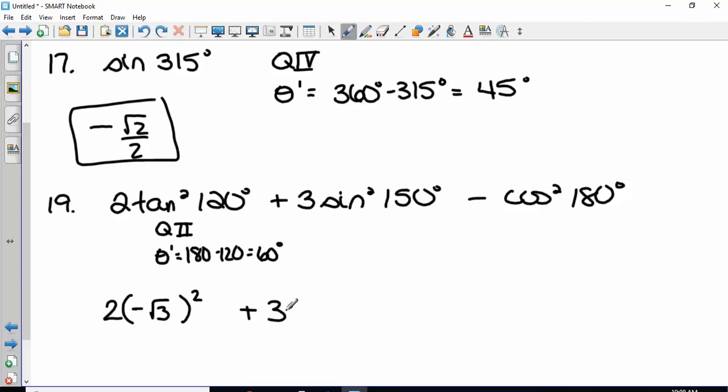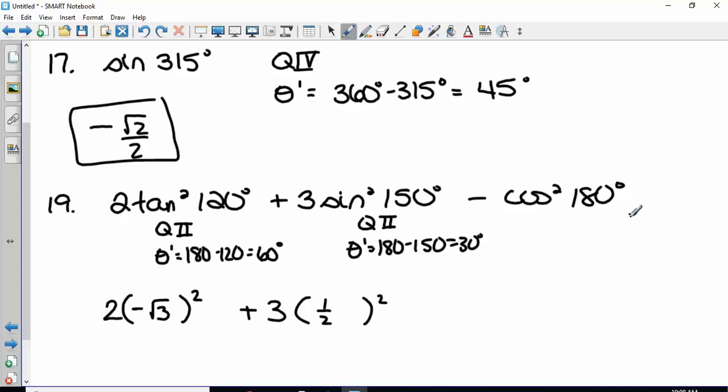Plus 3 sine squared of 150. So 150 is in quadrant 2. The reference angle, 180 minus 150, is 30. So sine of 30,